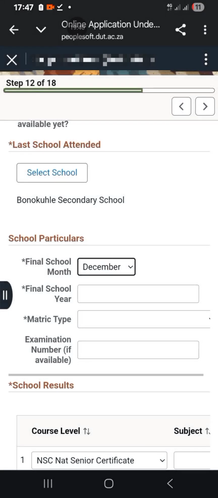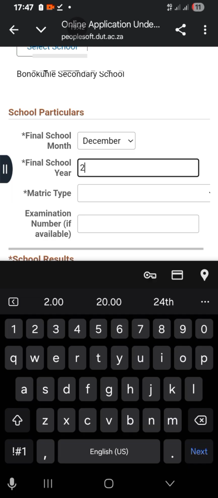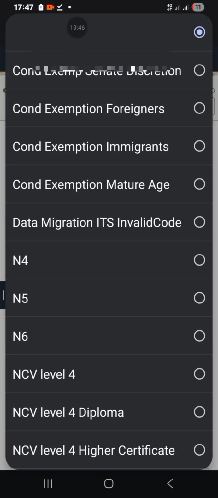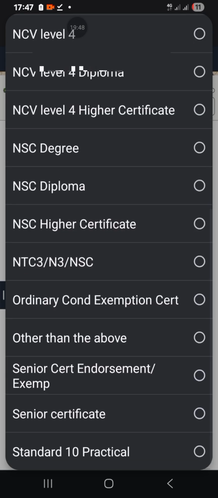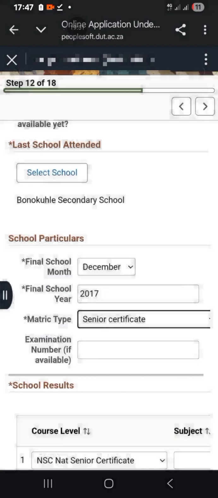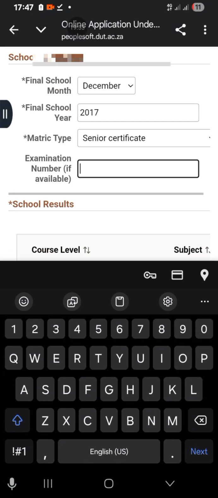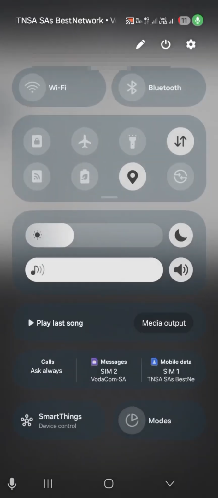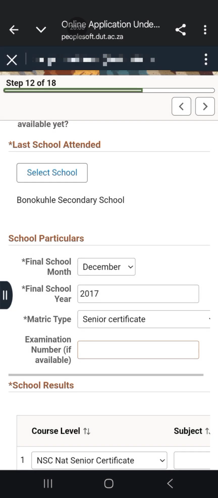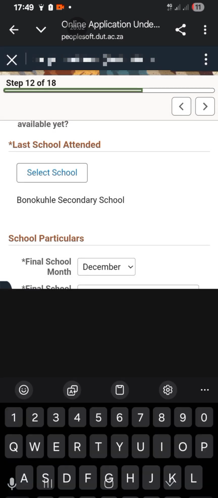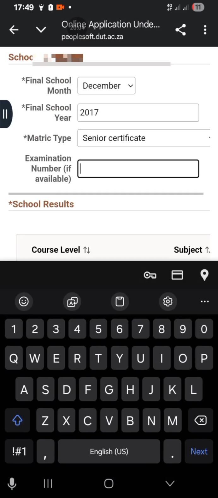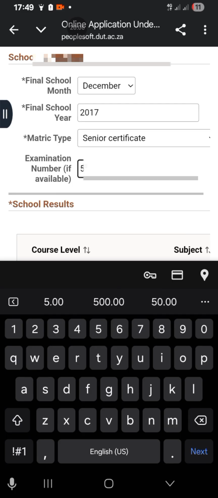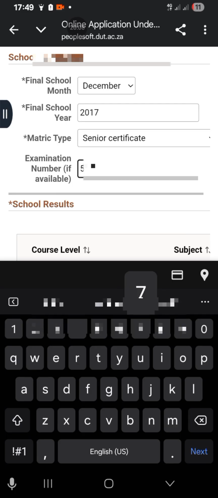And then unyaka wakho wokugcina, yeah, ufunda ngawo, matric type, examination number, right? If you know your examination number, you can fill it lapha ku examination number, if applicable.